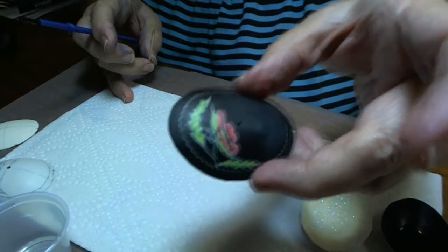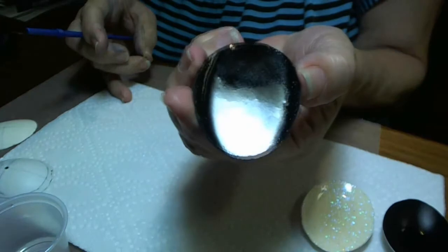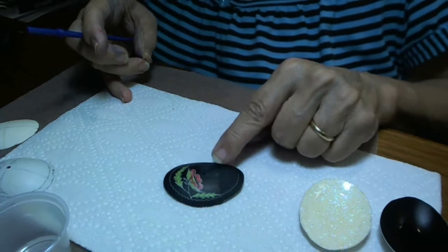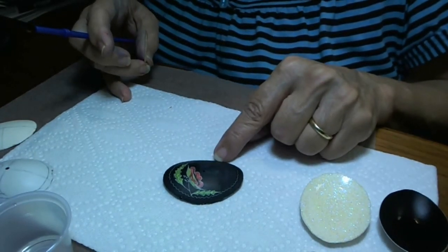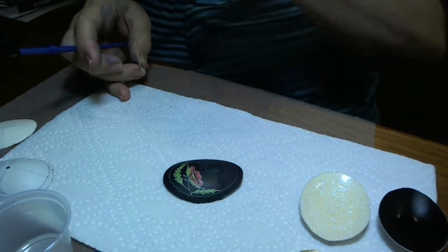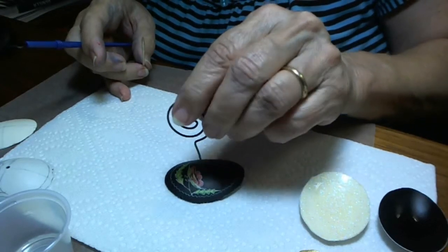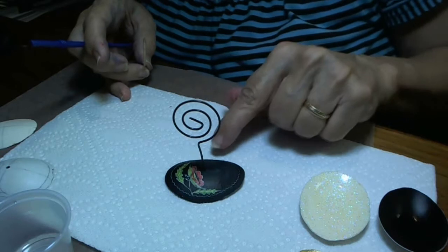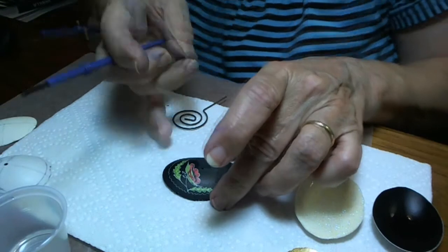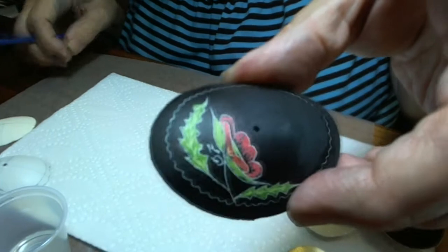And this shell has also been filled in the back, the epoxy. This shell is not going to be a jewelry piece, but it's going to be a card holder. This will be accomplished because I've drilled a hole right in the middle